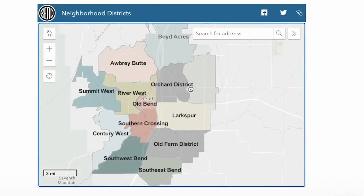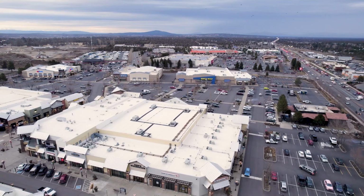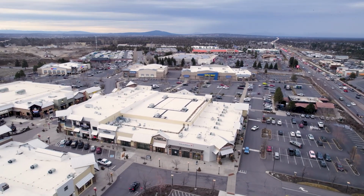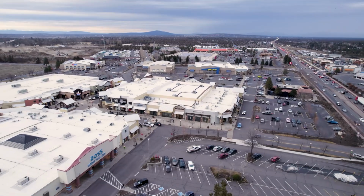Okay, so let's get things started off by talking about amenities in this area. Now, obviously, every district is going to be different. I mean, just look at the overall map. These aren't just all homes. Some of the neighborhood districts have more homes in them, and some of them are kind of right in the middle of town. They have a lot of commercial and industrial space. In this case, there is a lot of commercial, retail, and even one of the larger, more industrial areas